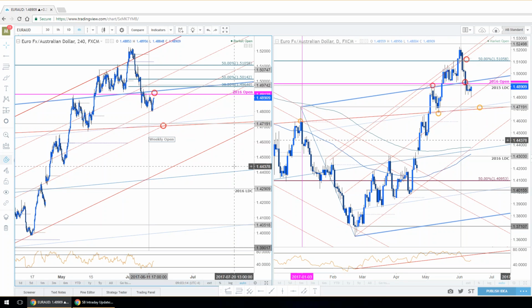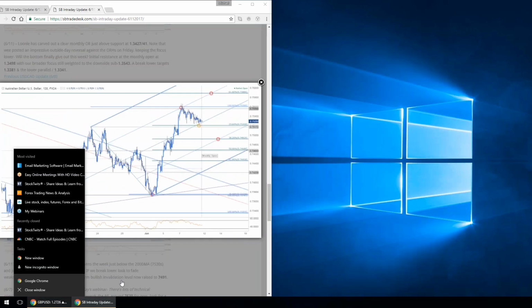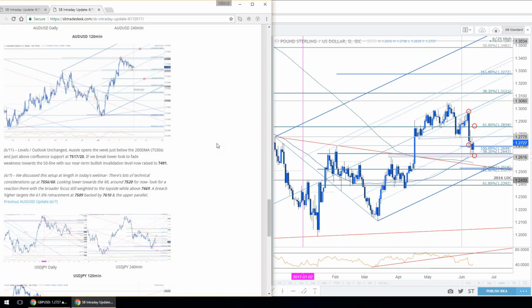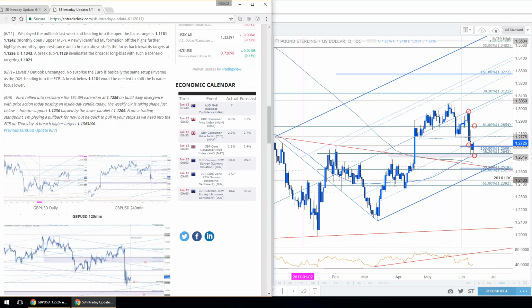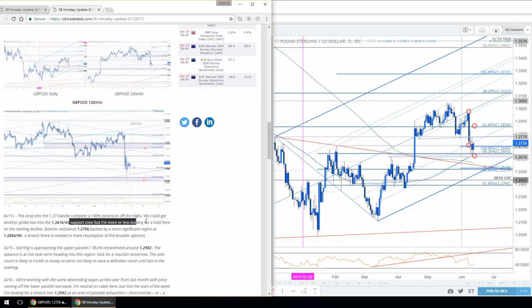So sterling dollar, also one that we've been following very closely. Loving it. I'm loving it. It's probably, sorry, I keep clicking on the wrong one. Probably the best dollar play so far this week. Here's what the British pound looked like earlier in the week on the 11th. We were saying that we were more or less looking for a hold into this region at 26.16,